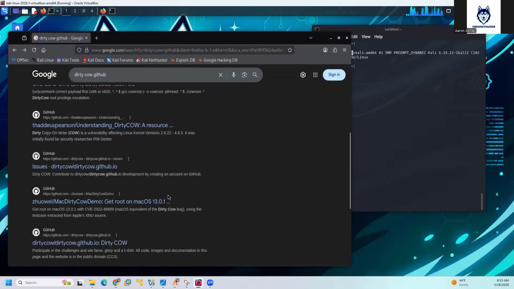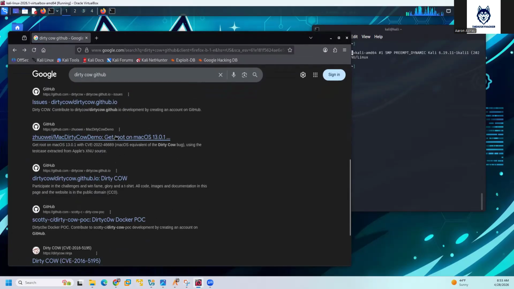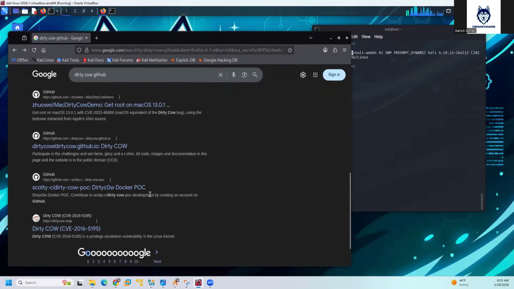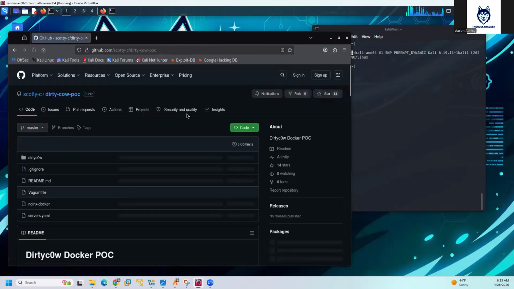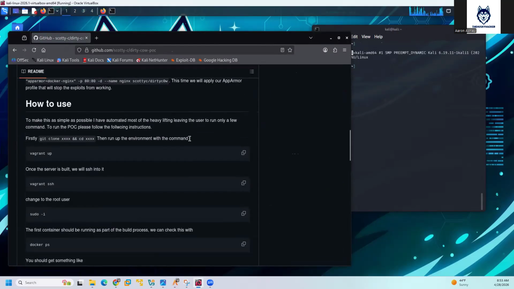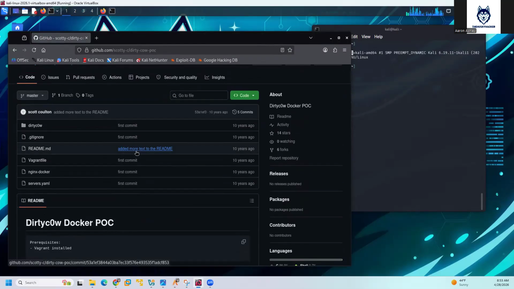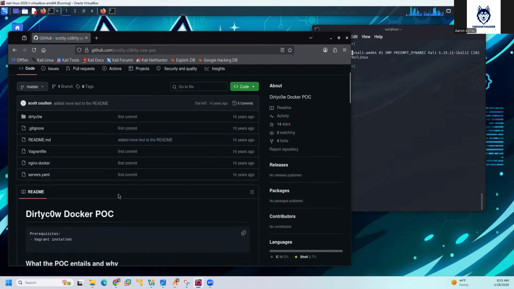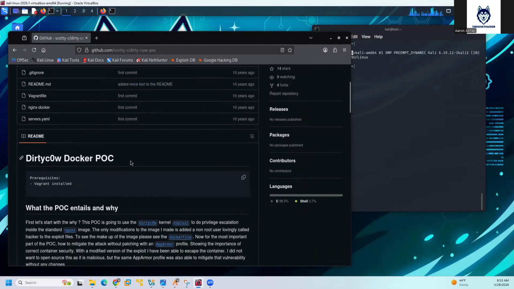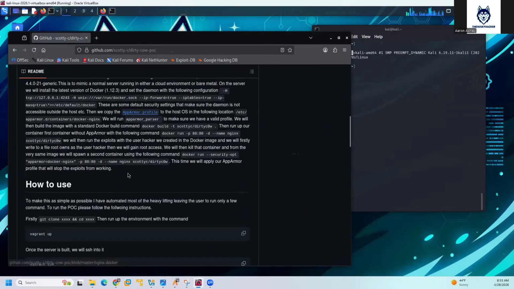It's one of the biggest privilege escalations on Linux ever. Oh, wow. They even got it on Mac. That's interesting. I think that's it. Yeah. So this was the proof of concept with Dirty Cow. So essentially you would